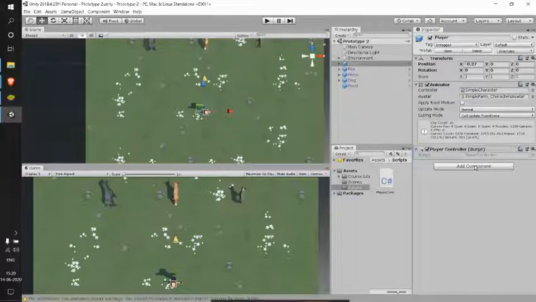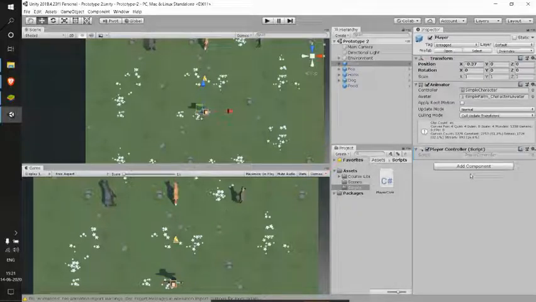So from now, as I said, these components decide the properties and behavior of a particular game object, right? So whatever we want our player to do, we can program in our player controller script.